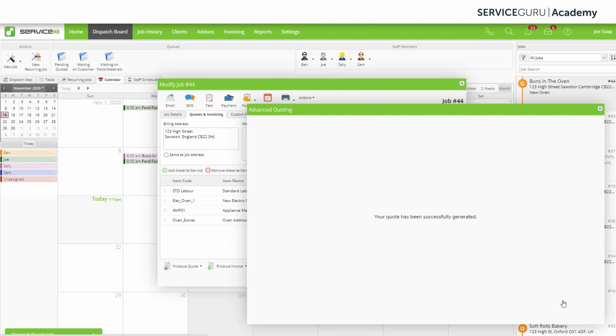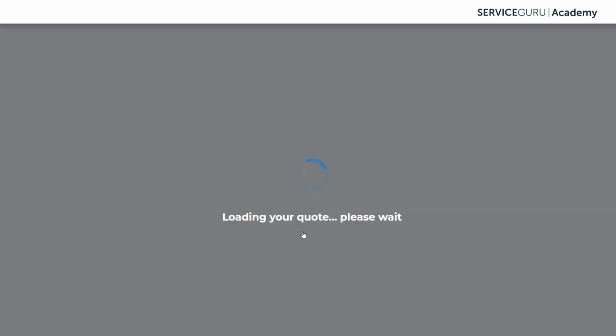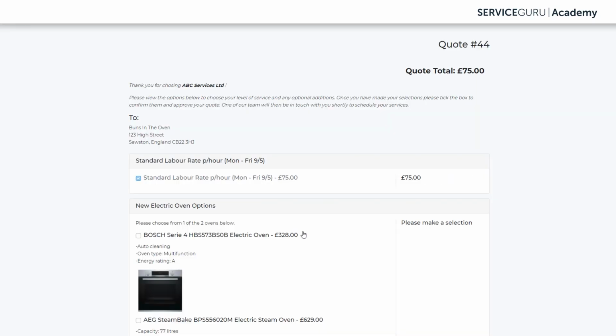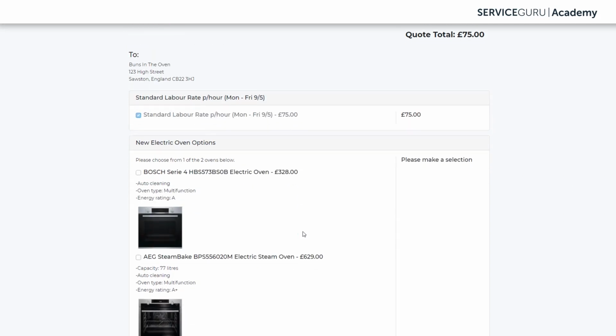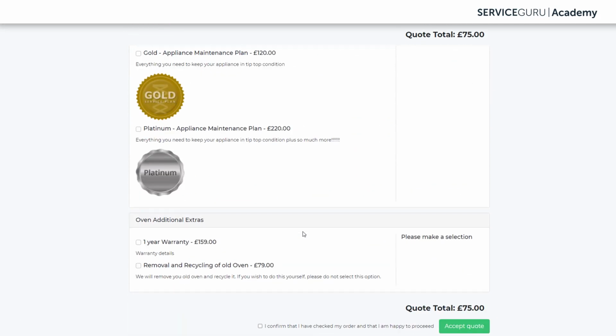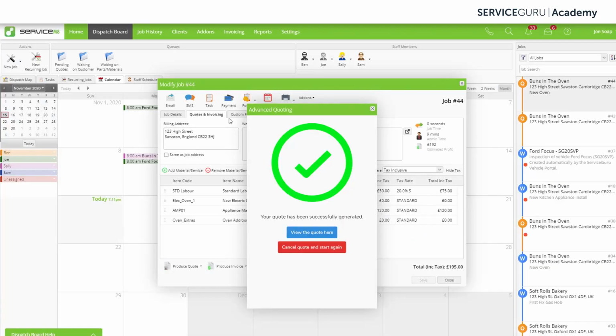We're going to go ahead and preview quote, view the quote here. We've still got all the same options as before, but the only difference is down the bottom here we have our new options. So as you can see, we can select multiple, and the price will update accordingly. So if we only had one selected, the bottom one, it would only show £79. If we have both selected, it would add them together, 238, and it would update the final price down the bottom. Let's assume we're happy with this. We'll close down this,